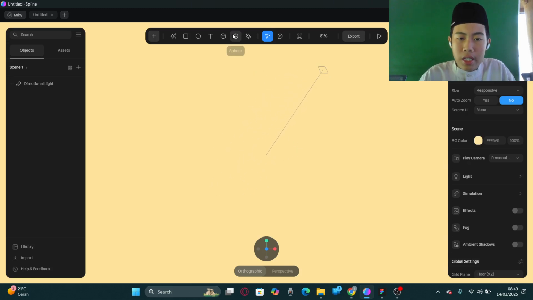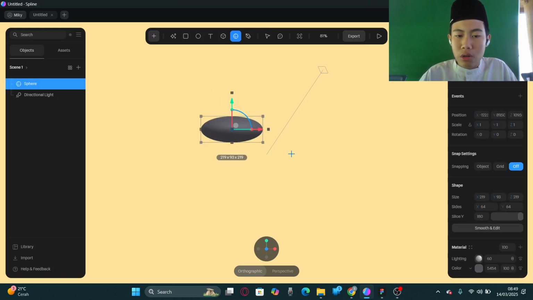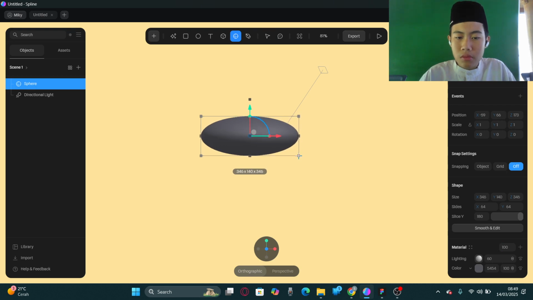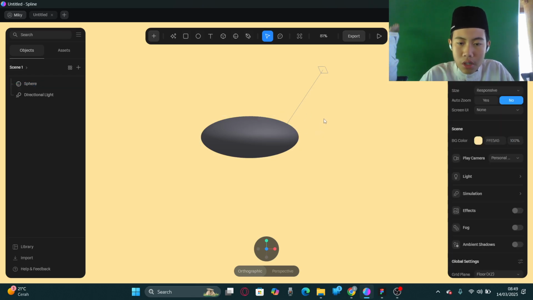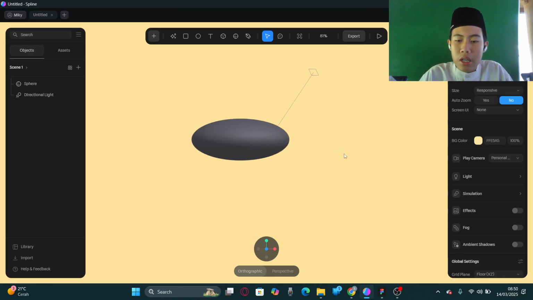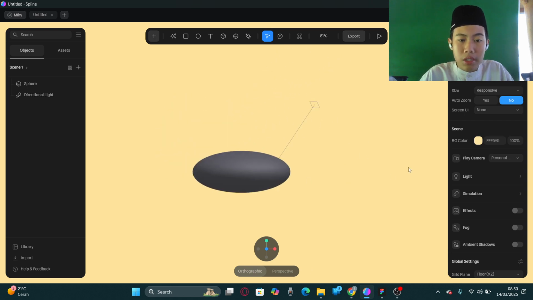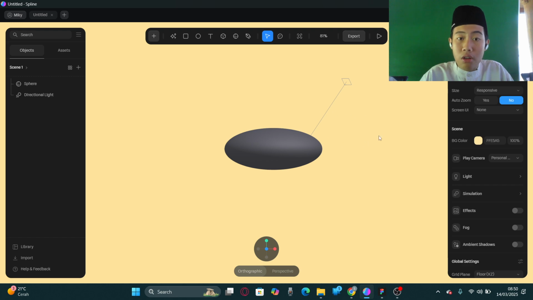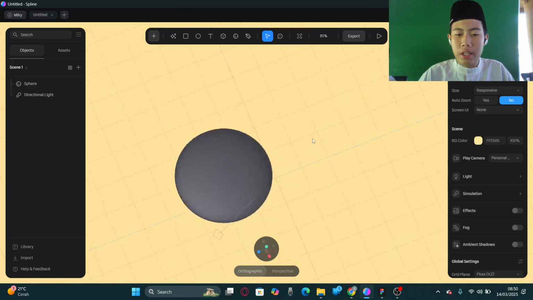So now we'll put in a sphere. How to put in a sphere? Well, using our mouse, we can put our mouse here. Now we'll make it into kind of an oval-ish sphere, like over here. Now, if you made this, we can see how the shortcut works. If you're wondering how to change what you're looking at, you can use this. But I don't usually use that. Usually, if I want to move left, right, or up, down, I use the scroll button. I'll click the scroll button and I'm not able to move. But if I want to look around the sphere, I click Alt and I click, and now I can see